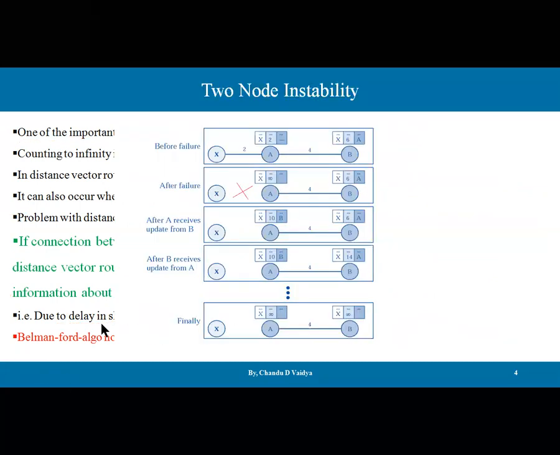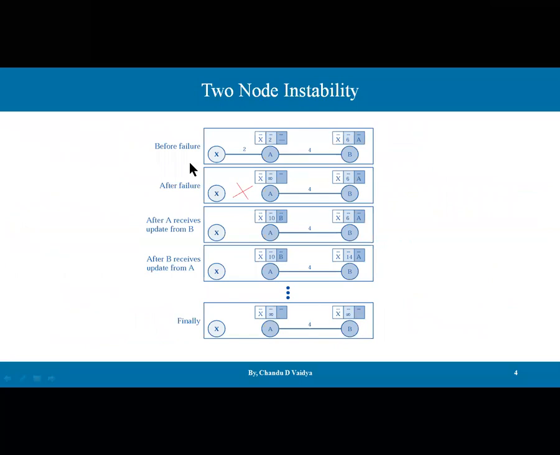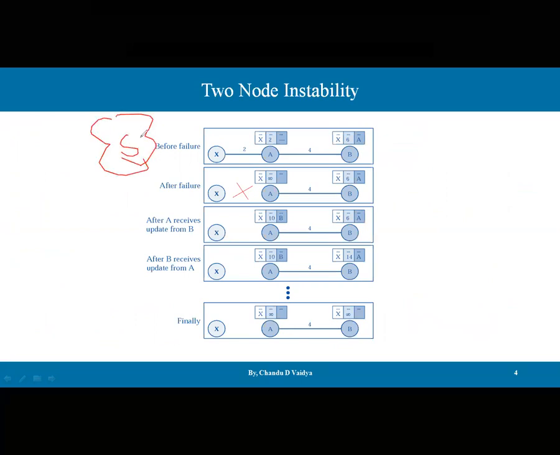And let's take a scenario of how it is going to happen with some notation or an example. Let's say there is a service, and in order to get this service, we have X, we have A, and we have B. These are the three nodes, and these nodes are connected to each other.